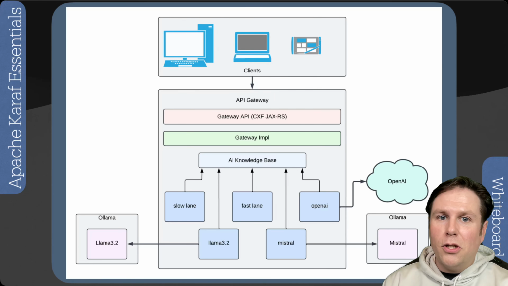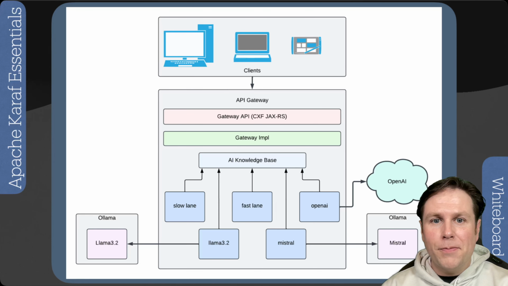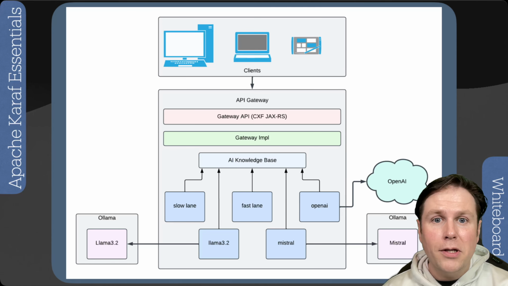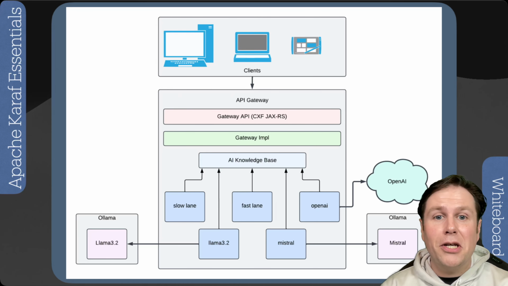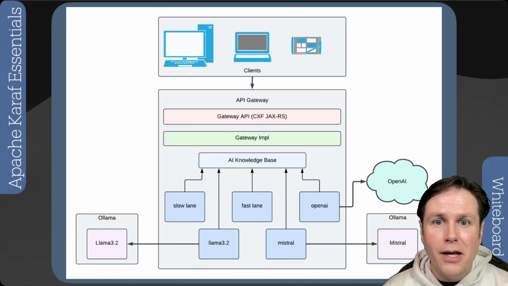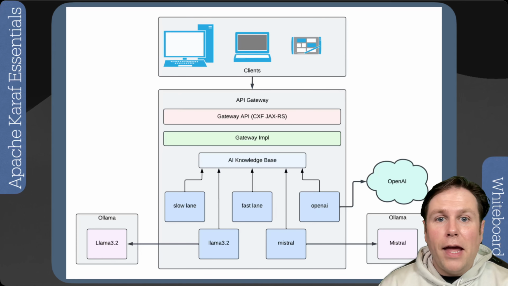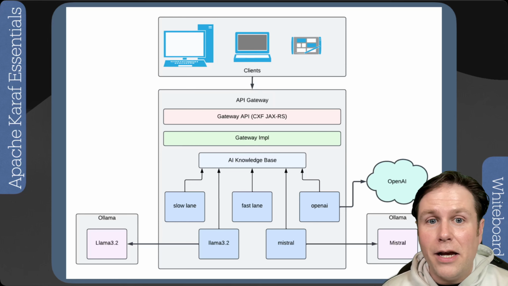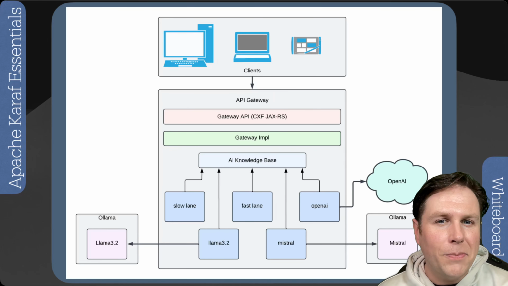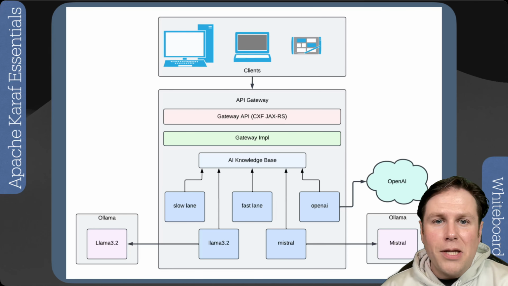We use an extra piece of library to allow us to introduce something called a keyed whiteboard, which effectively is just a way of saying, hey, I have a name for a particular plugin, and it's just a quick way for a developer to say, or any user to say, I want to use a particular plugin with my inputs. So in our case, you can have a RESTful service coming in and say, I want to use OpenAI, I want to use something from Ollama, I want to use something on LocalAI, or some kind of a quality of